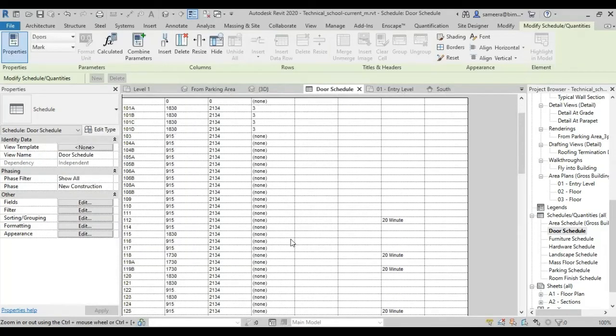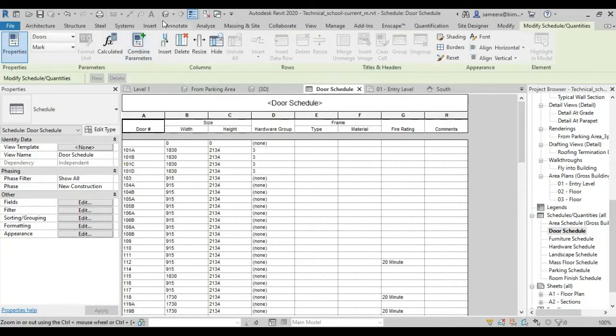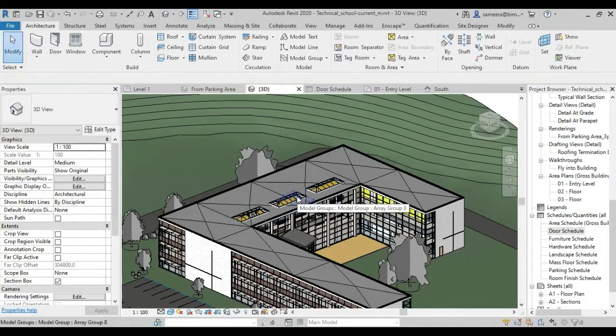Okay. So in schedules, you should know about the family editor. We already know how to create a new family. Also, we know there are 3 types of families in Revit: loadable families, system families, and in-place families, right?